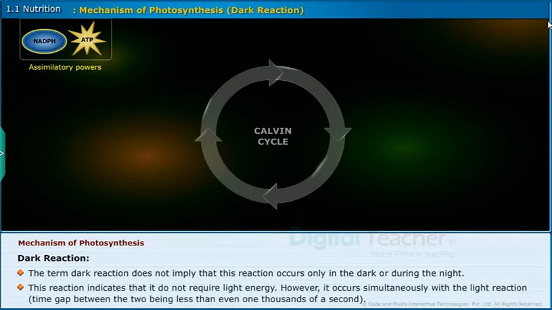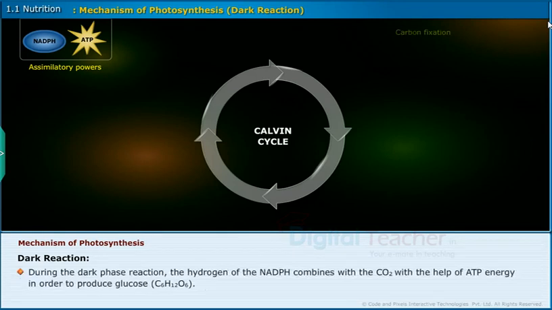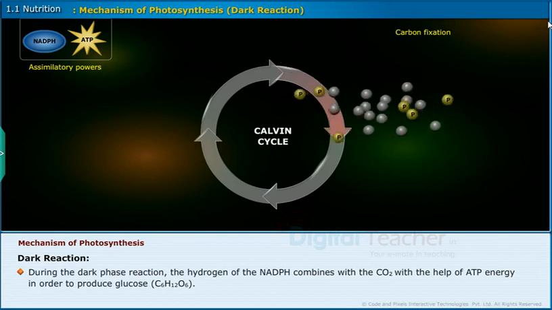This reaction does not require light energy. However, it occurs simultaneously with the light reaction. Hydrogen ions produced in photolysis are instantly picked up by a special compound, NADP, to form NADPH. During the dark phase reaction, the hydrogen of the NADPH combines with the carbon dioxide with the help of ATP